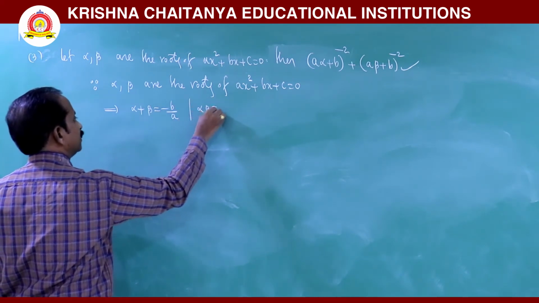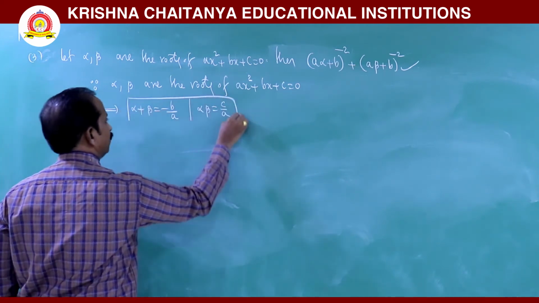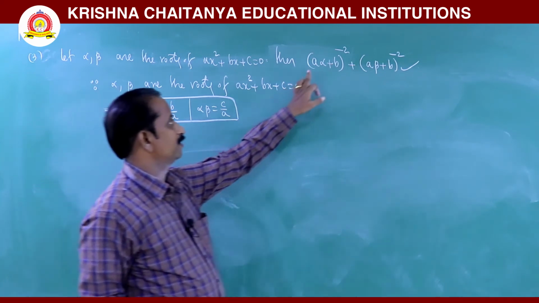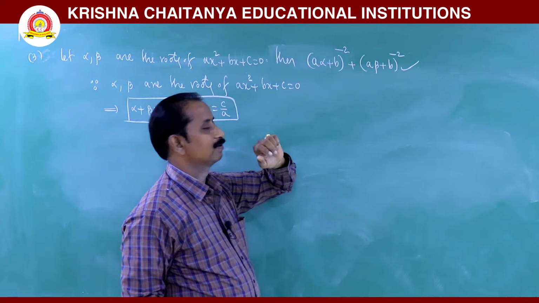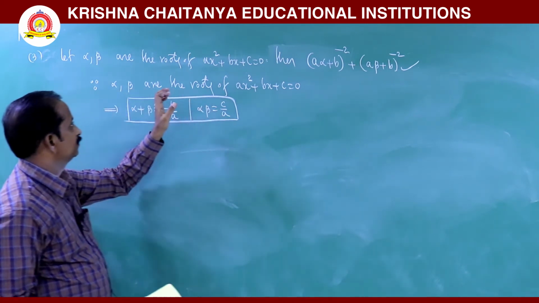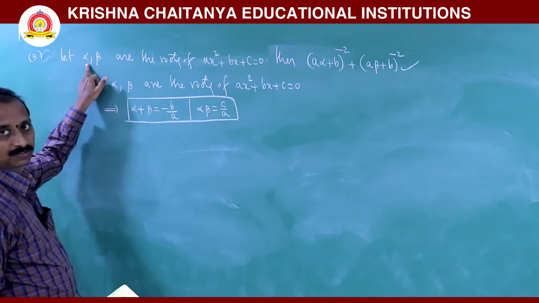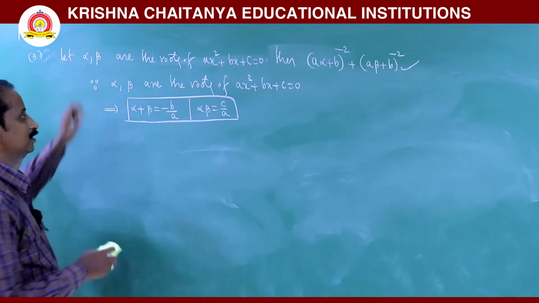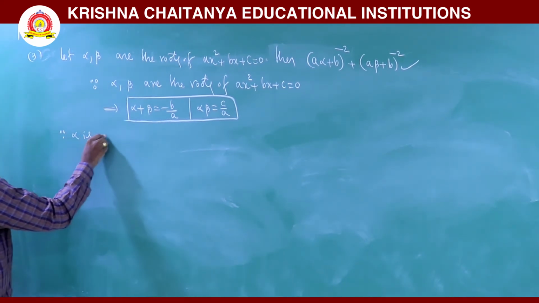Alpha into beta is nothing but c by a. This is already known to everyone. But what we need is (a alpha plus b) whole power minus 2, (a beta plus b) whole power minus 2. Think for this quadratic, alpha is a root. Root means it satisfies the polynomial. So, since alpha is a root